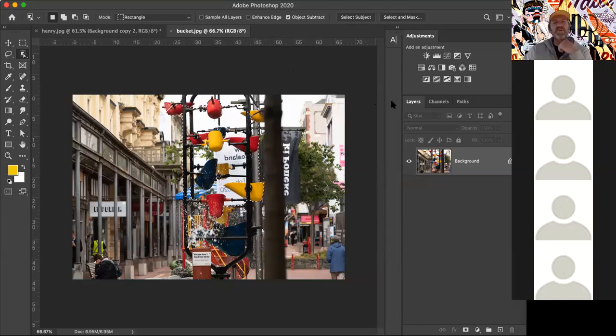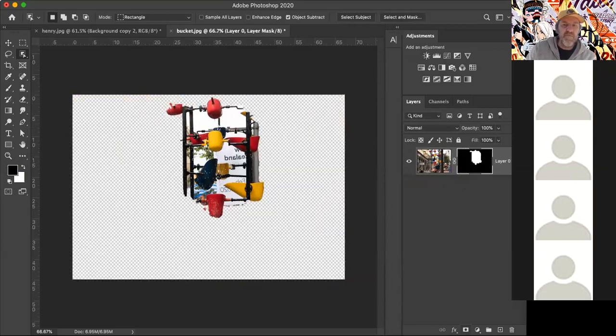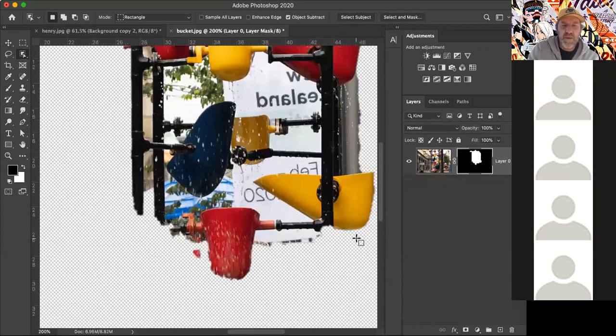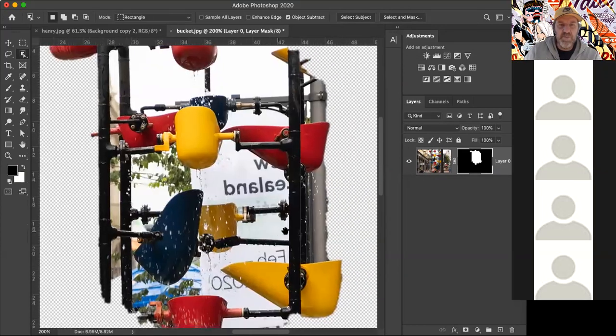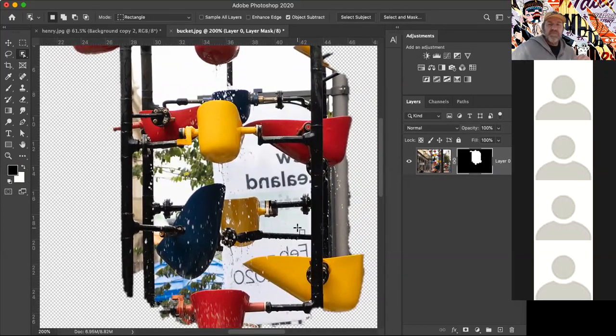This time I'm not going to go into the select and mask. I'm just going to click it so it's unlocked. And this little layer down here, the quick mask, once I have a selection, if I hit that, it's going to add that mask. Now, if I enlarge up on this image, what you're going to see is that it's selected around the outside, but it hasn't actually selected any of the white